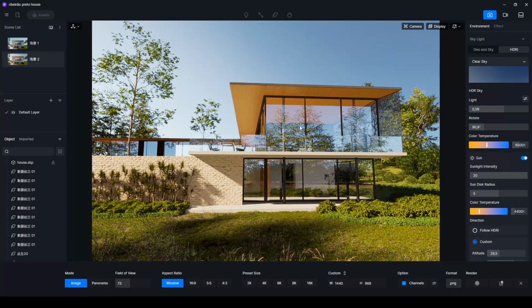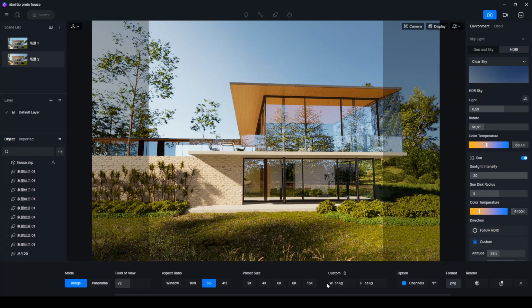In the render settings, we have some settings here. For instance, the aspect ratio of the window, we can change this. As you can see here, we have some previews for the render. These areas are dark and these areas are bright, which is going to be rendered in the file. Once we have decided the aspect ratio, we can increase our render size by using this custom. Those pixel sizes belong to this aspect ratio. If I click 5 to 5, we can see the width and height values are the same.